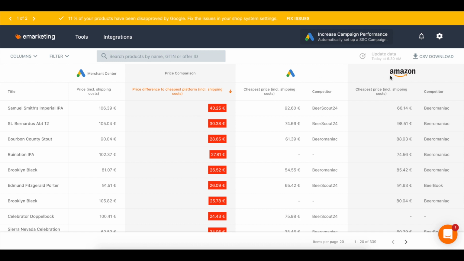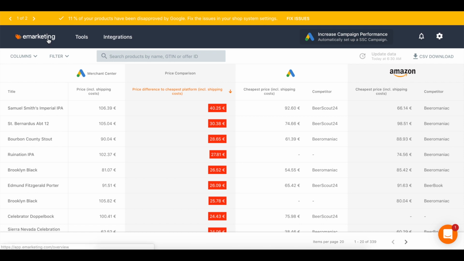So the cheapest price for your Google ads and also the cheapest price for Amazon. And you can also see the top competitor and what they're selling this price as. As you can probably guess, this is really interesting for e-commerce merchants who are looking to outbid on these highly competitive pricing platforms.